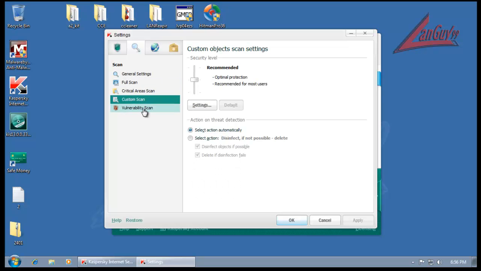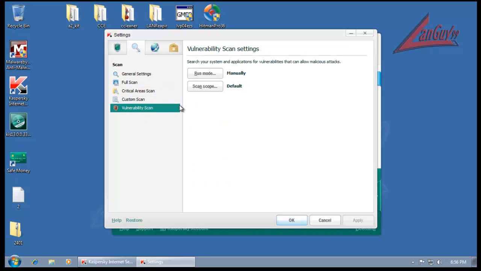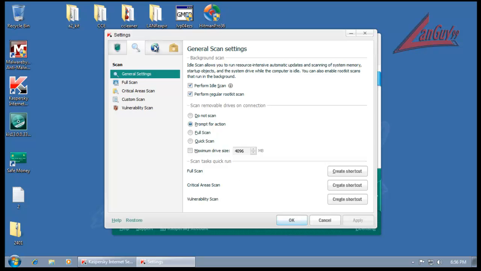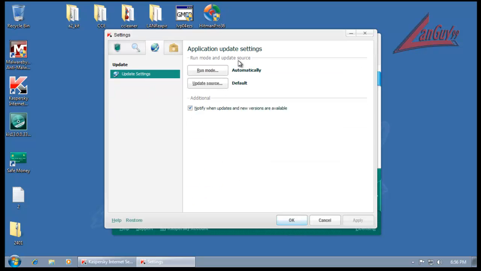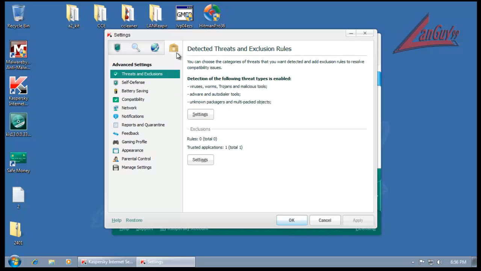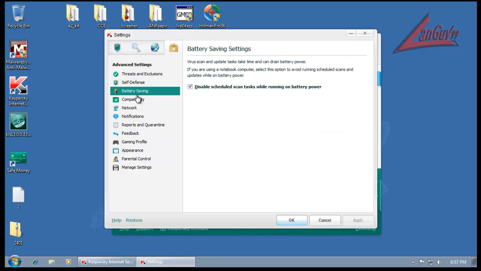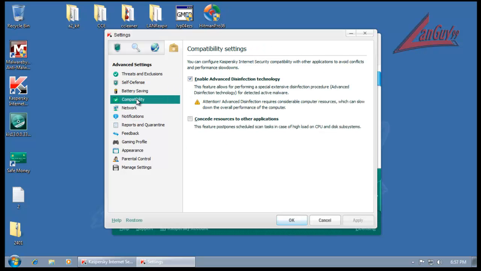These are basically setups for each type of scan, and they even have a vulnerability scan. These are your update settings. And last but not least, you have things like self-defense, exclusions, battery saving, compatibility,